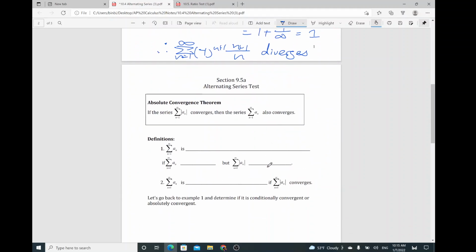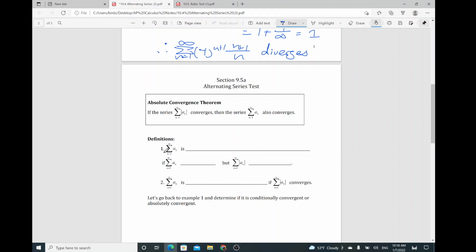And here's another one. This one is also related to the alternating series test. It's called the Absolute Convergence Theorem. If the series of the absolute value of a sub n, with n equals 1 to infinity, converges, then the series a sub n from n equals 1 to infinity also converges. This one is a conditional statement, and it is considered the theorem. Now the definition: if the series a sub n from n equals 1 to infinity,